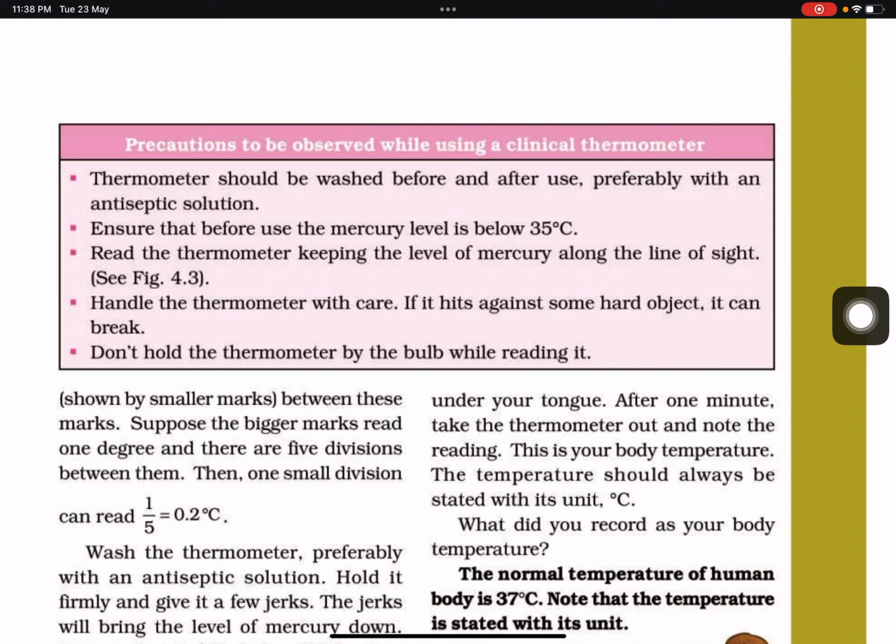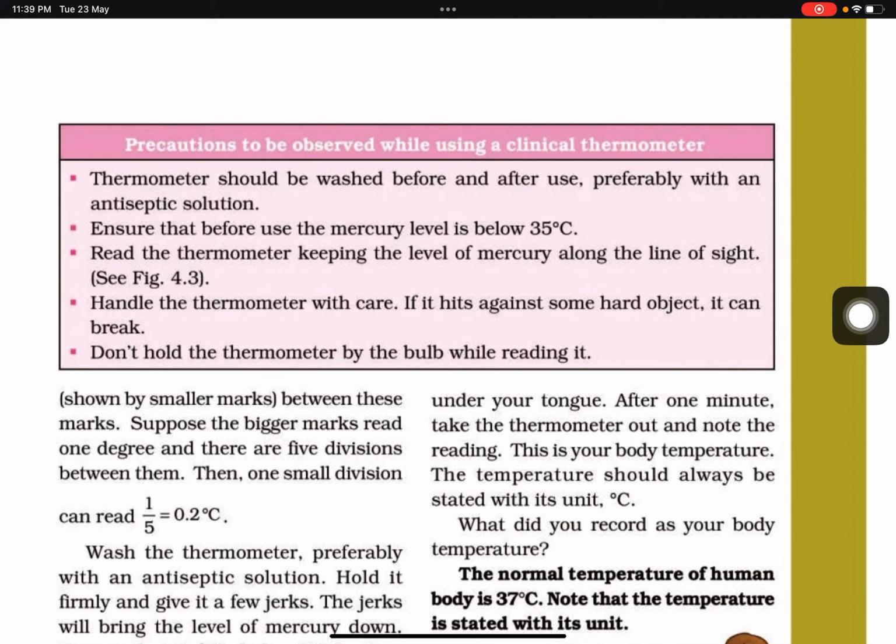The mercury should reach down to 35 degrees Celsius, not up, down to 35 degrees Celsius. Read the thermometer along the line of the mercury, keeping your eyes level with the mercury. It means you should keep the mercury right at your eye level to give you a correct measurement, not down, not up, not side, not left. Okay,